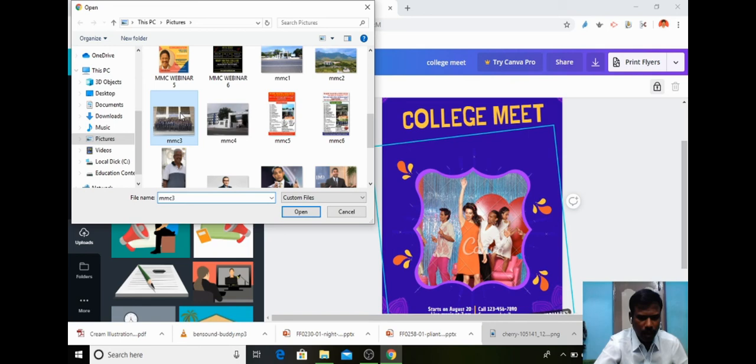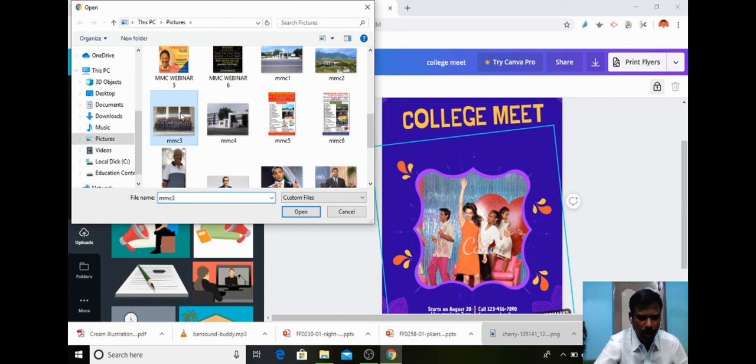Automatically it will upload into Canva, so that the picture can be used for our designs. Now it is uploading. This picture can be inserted in the flyer design. So I will click it here. Automatically it will come here as an upload.